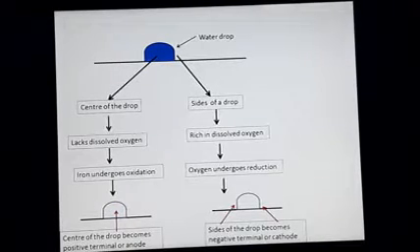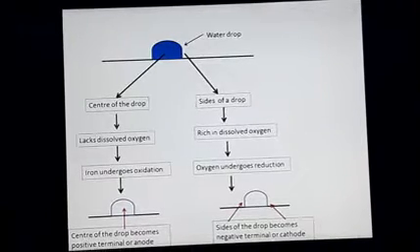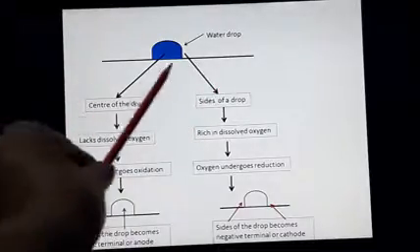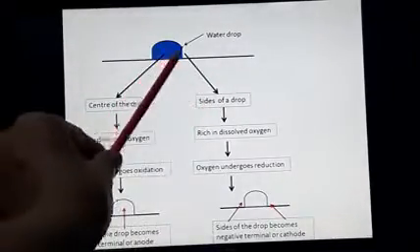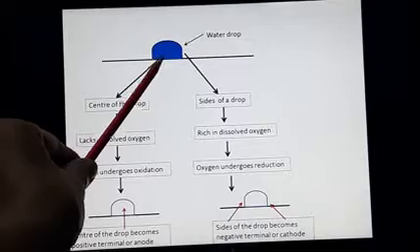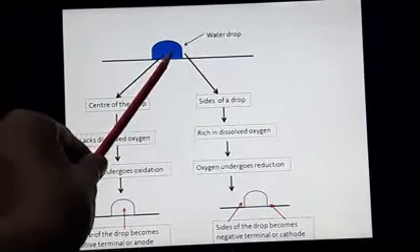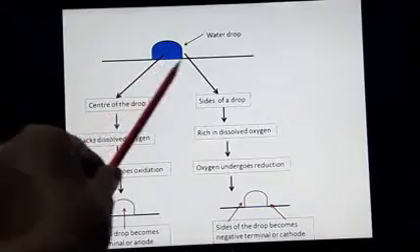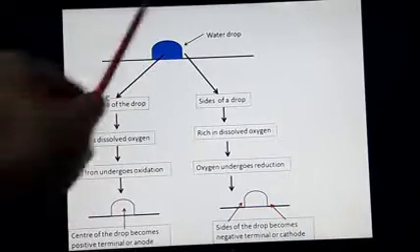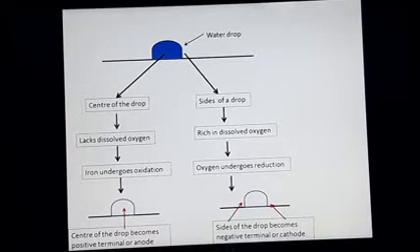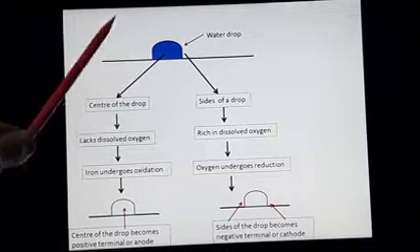Now, before we go into the details of how corrosion of iron takes place, a few things I would like you to learn before that. This black line is representing an iron piece, and the blue semicircle object here is a water drop. When the water drop is on the metal, and of course there is air all around, this is a classic reason for corrosion to take place.